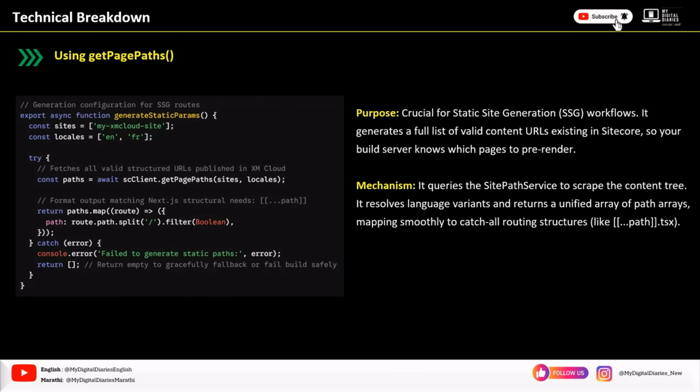So how does it actually do this? It queries something called the site path service, which scrapes the entire content tree for you. It also resolves language variants, so if a page exists in English and French, both get accounted for. And it returns everything as one unified array of path arrays, formatted in a way that maps smoothly onto a catch-all routing structure. In the example,